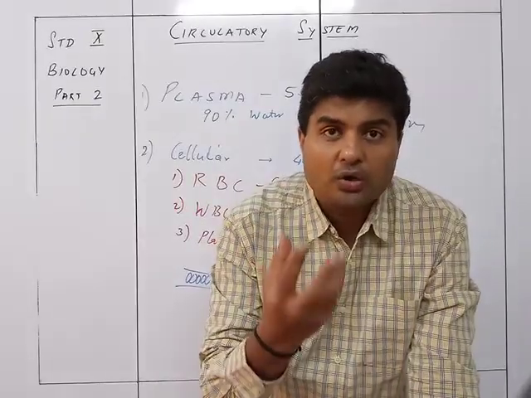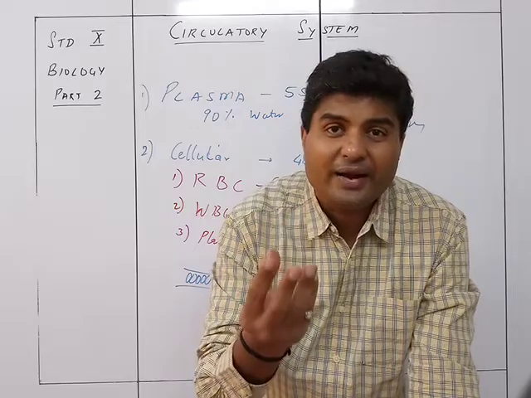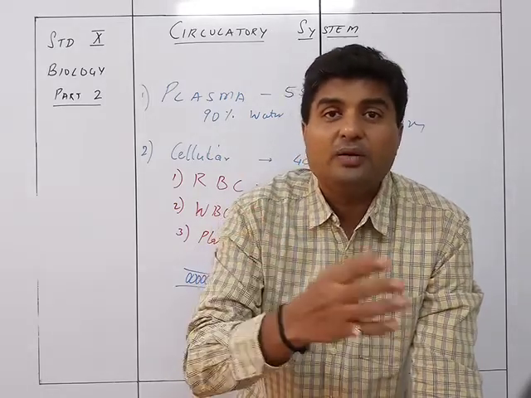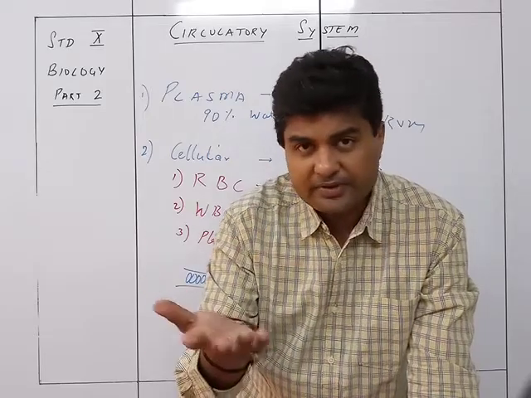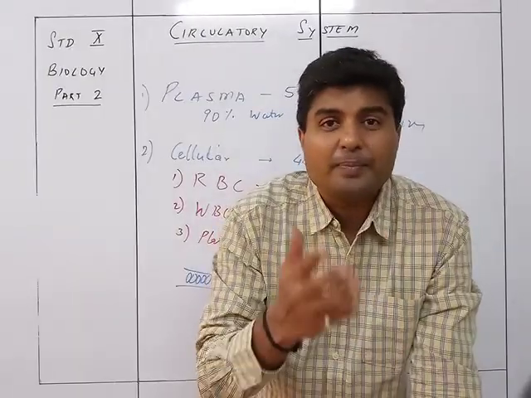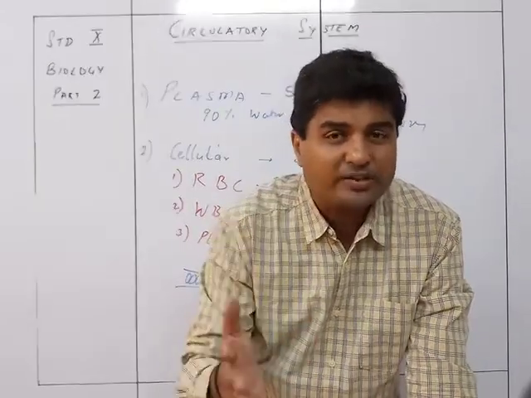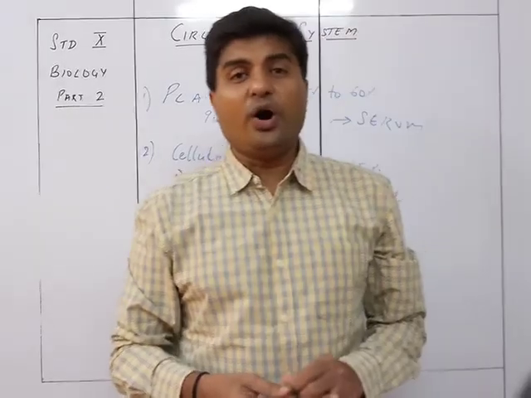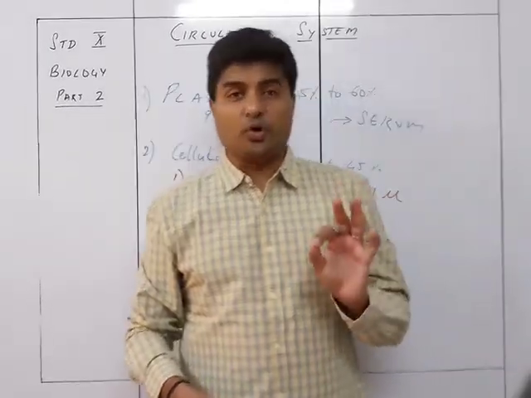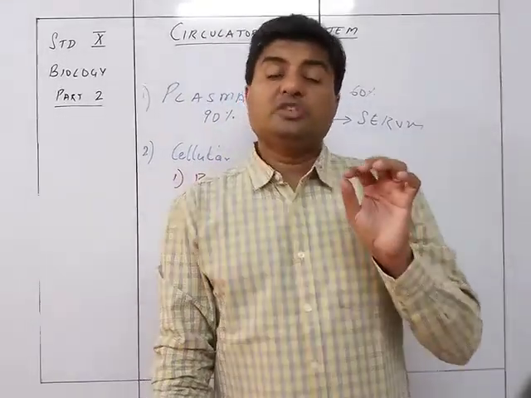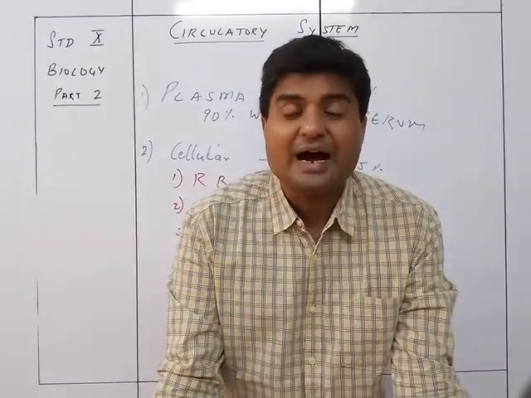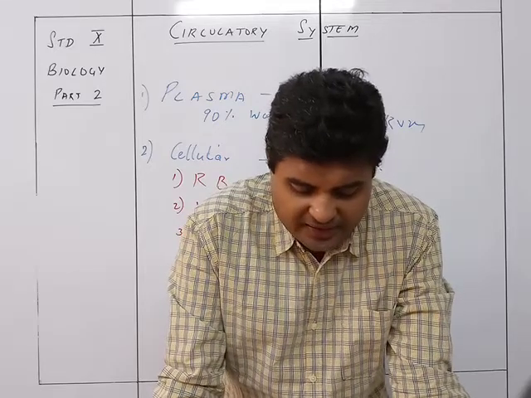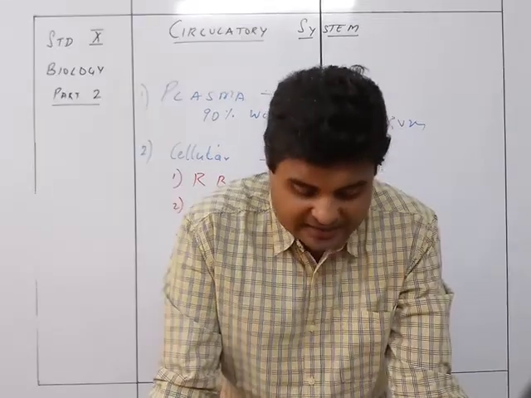it is no longer going to carry oxygen, and accordingly the body will be deprived of oxygen, and that is how the body will automatically get poisoned. So that is why it is called carbon monoxide poisoning. So carbon monoxide poisoning is mainly because of the affinity of carbon monoxide with hemoglobin to form a stable compound, that is carboxyhemoglobin. Hemoglobin has a very strong affinity for carbon monoxide, forming a stable compound,